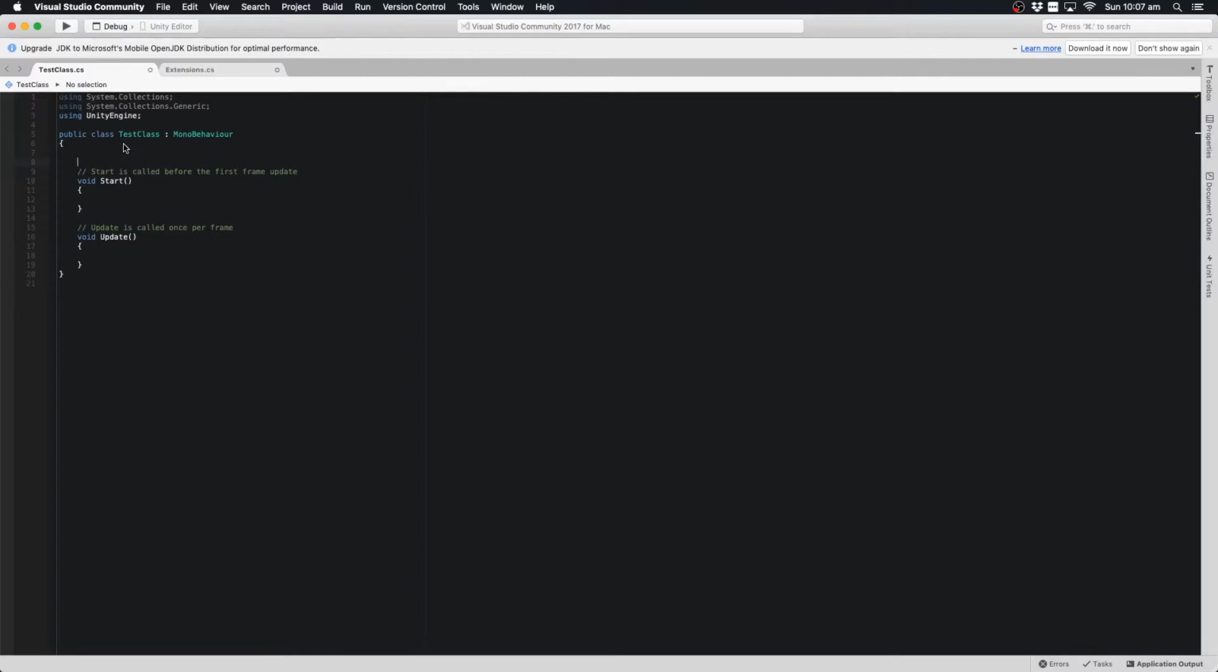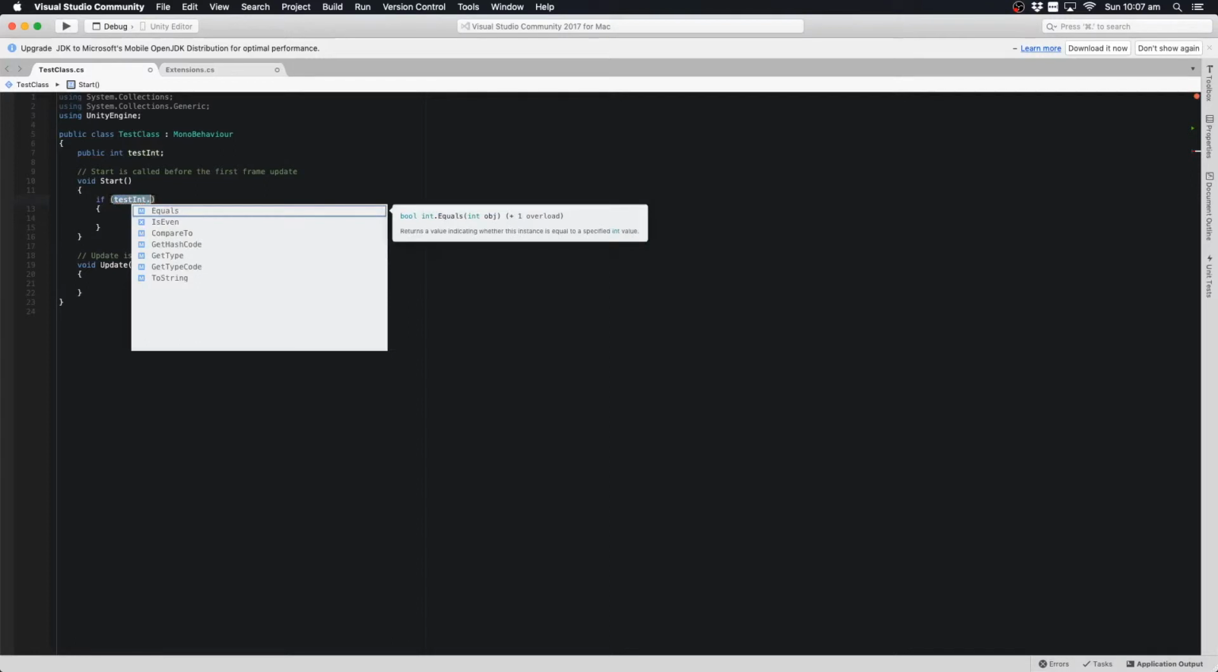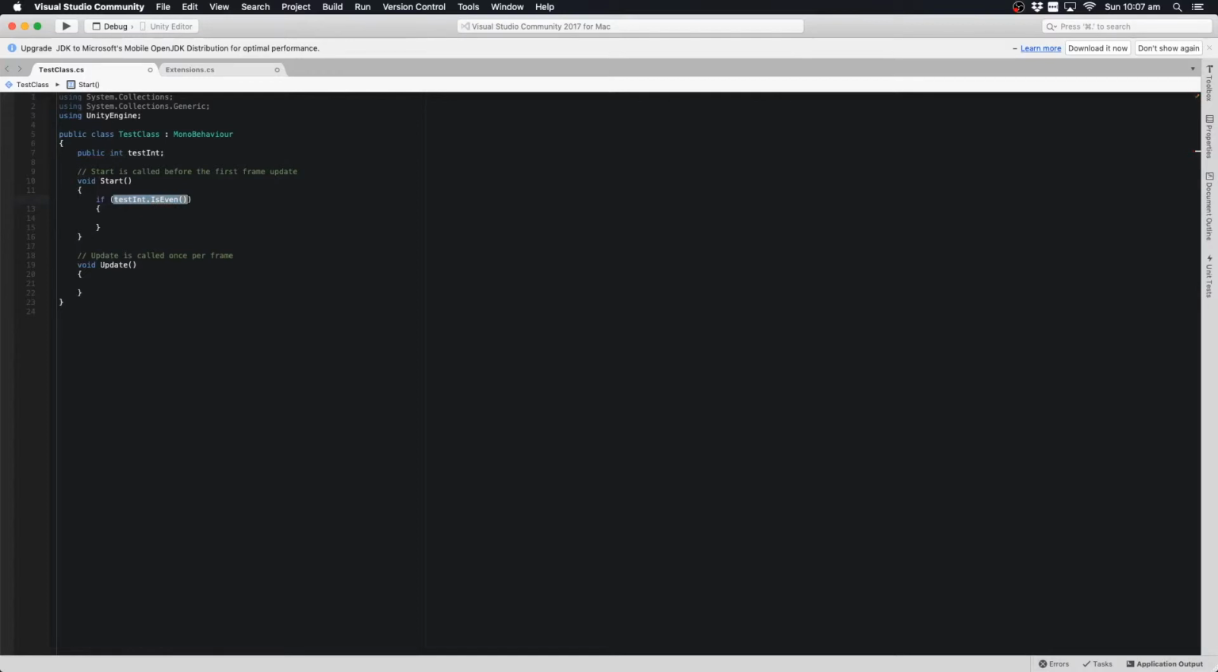So this is just a standard class that you would have in Unity, and we'll define a public int called testInt. And then just to see how this works, I can go in Start, and we will go if, we'll go testInt, and I will access it as if there's a method there. So if I go dot IsEven, and you can see it's come up as an extension, and close it off as a method. And so that will return true or false. And so if it's true, we will just go